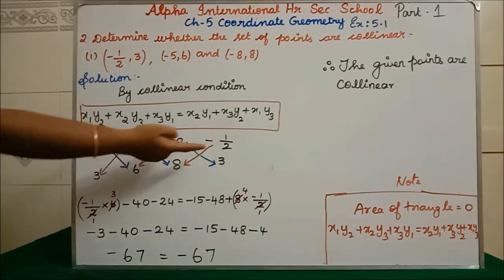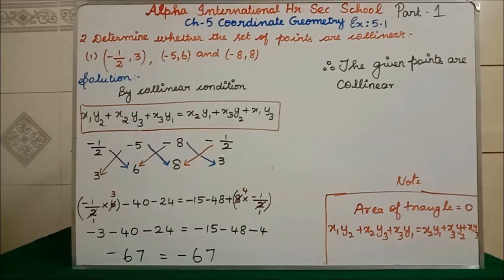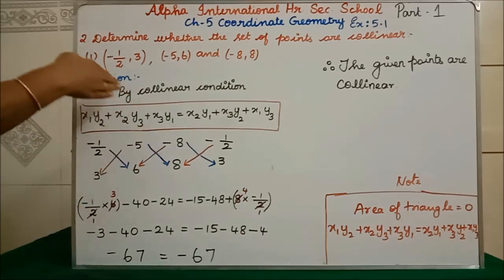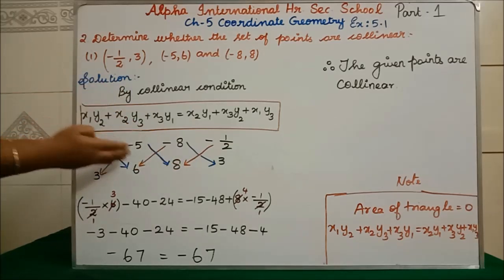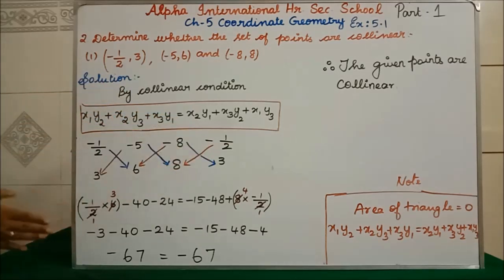Minus 1 by 2 comma 3. Afterward, the same method that we did for the area of a triangle, the same we are going to do here also. First, you put one side arrow mark, which is from left to right, left to right, left to right. Now don't see the red arrow mark. You see only the blue arrow mark.